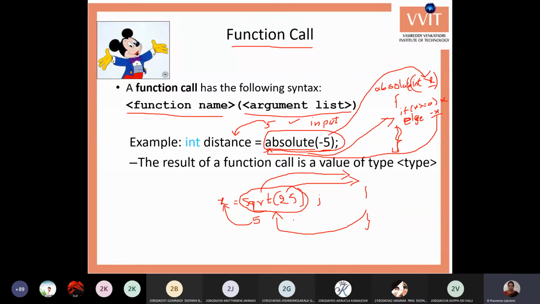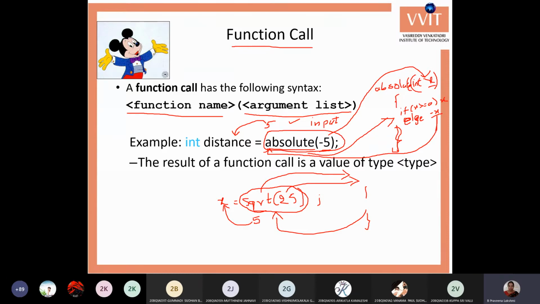Whenever you call the function, the execution transfers to the absolute function, and minus 5 is stored into the x variable. Now that x variable is checked with the if condition. If the if condition is true, it returns the value as it is, else minus a multiplied value.